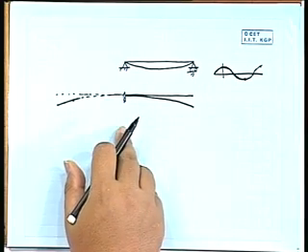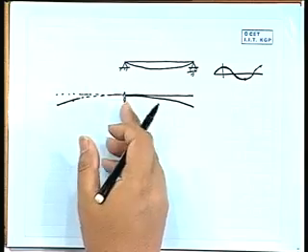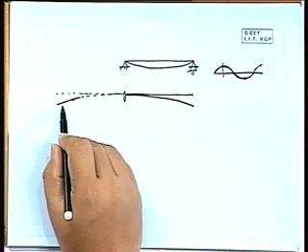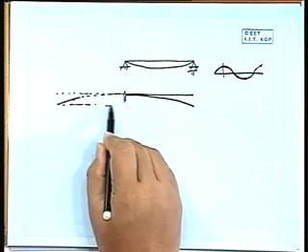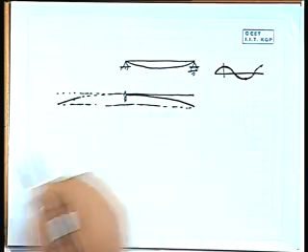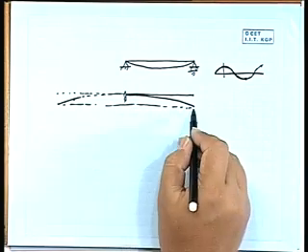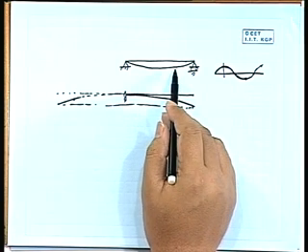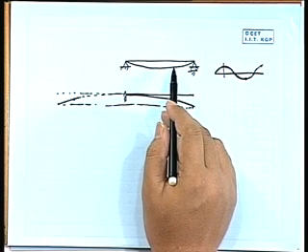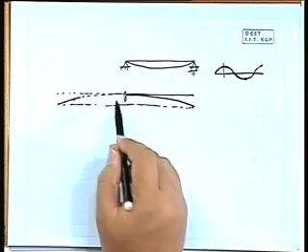So this is the cantilever. If we put a mirror here, we will get a mirror image. Now if we join it end to end, and if we compare this one with the fundamental case,